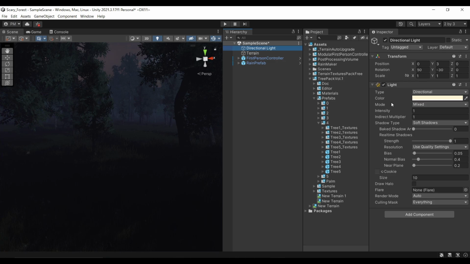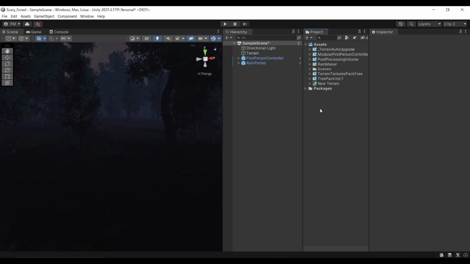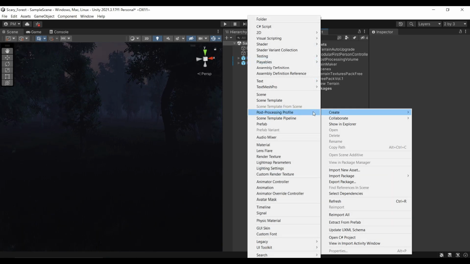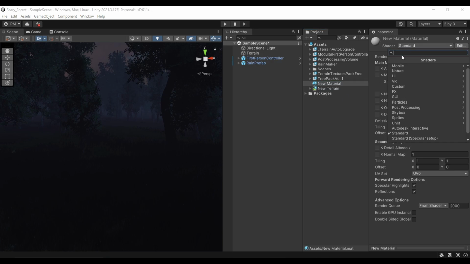To make the scene darker, let's now select the directional light and change the intensity to something around 0.8 and the color to something more bluish so that it fits well with the fog. Right-click in the hierarchy portion of the project, select Create and then Material. Let's change the shader from Standard to Skybox